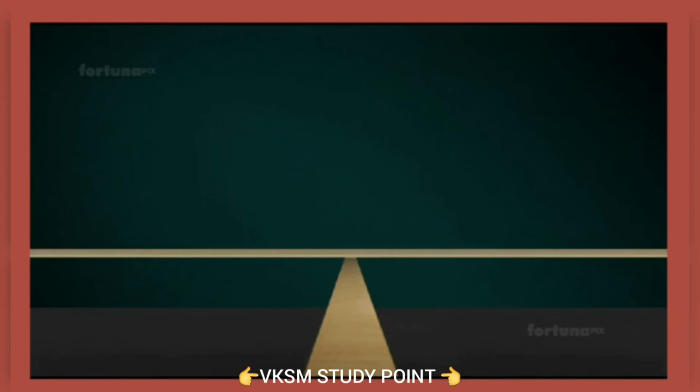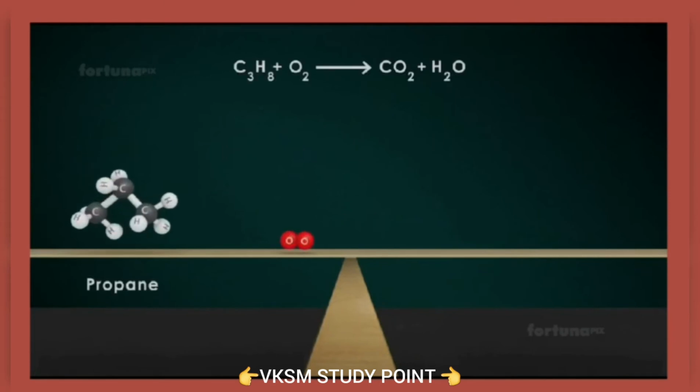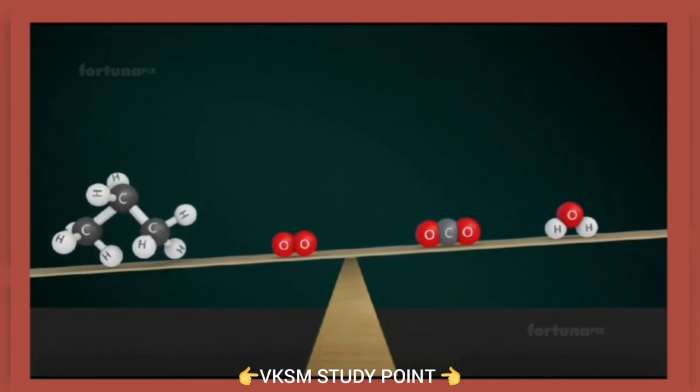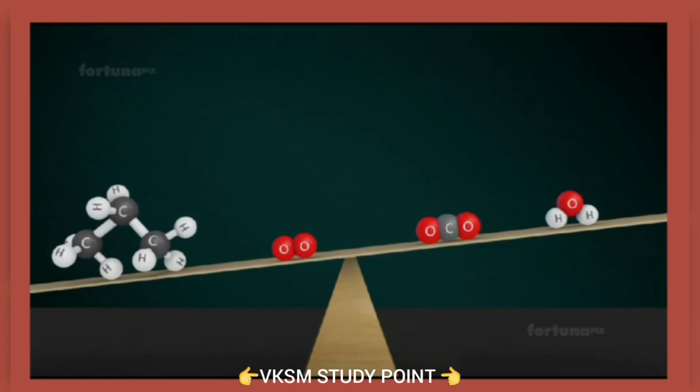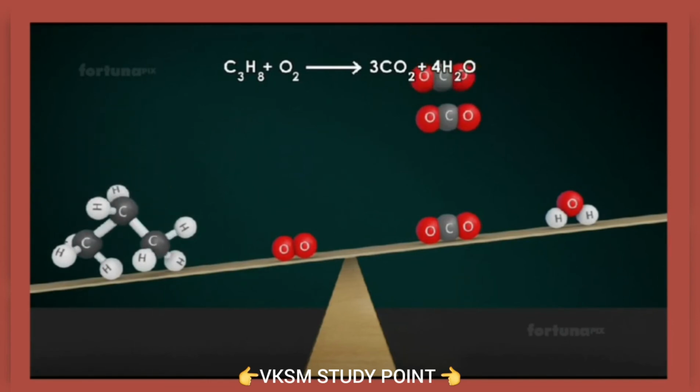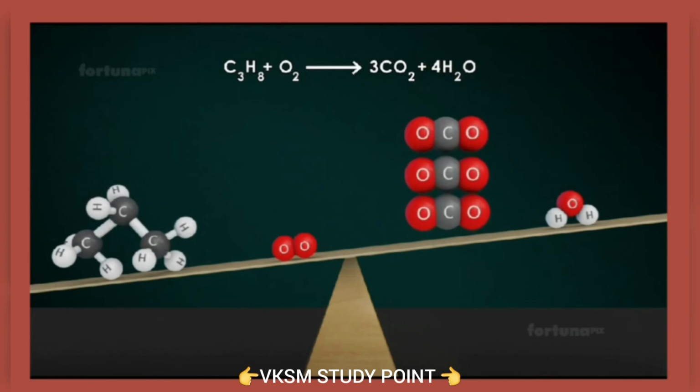Let's balance a simple equation showing the combustion of propane as it yields carbon dioxide and water. Begin by balancing the number of atoms in the most complicated substance. In this case, it is propane. There are 3 carbon atoms in propane, so we'll put a coefficient of 3 in front of carbon dioxide in